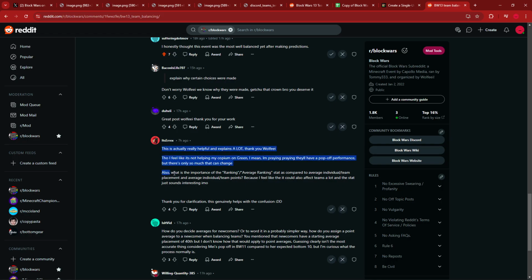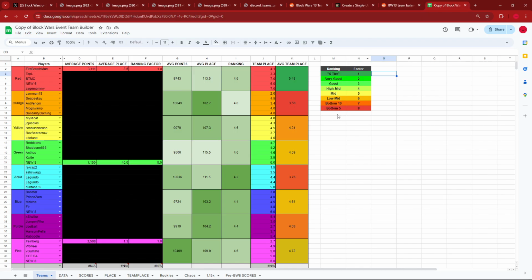What's the importance of the average ranking stat, as compared to average individual team placement and average individual team points? Because I feel like it can also affect teams a lot, and the stat just sounds interesting in my opinion. So here's the balancing sheet. The ranking factor comes into play to give a perspective on what's expected from players and how that